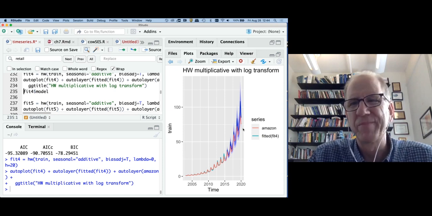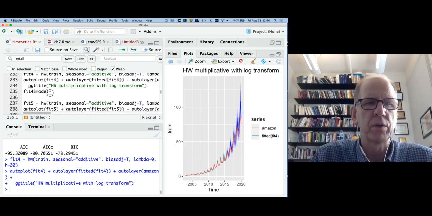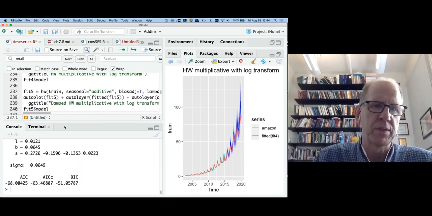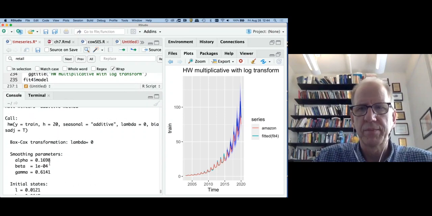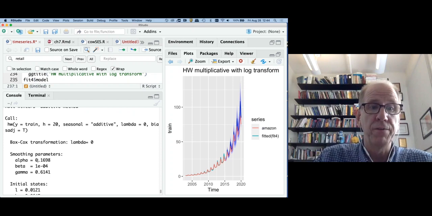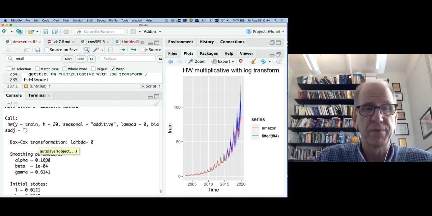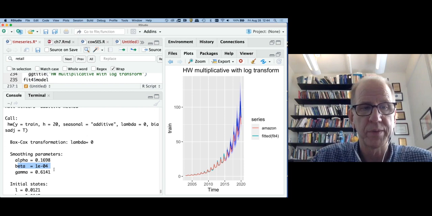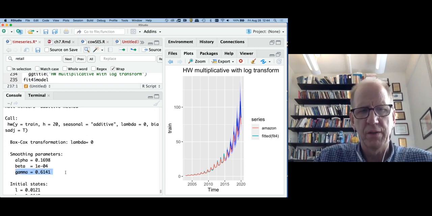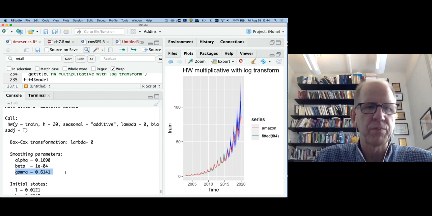Maybe it's gotten a little bit better, but I would say both models are very good. Now we can go look at our parameter estimates. I think we're getting close to a pretty good model here. What's interesting is the alpha is substantially decreased from what we saw with the retail example. We're not giving that much weight to the current observation. The slope is pretty much constant over time because we don't really need to give more weight to more recent observations. But the seasonal effects, we give quite a bit more weight to the most recent seasonal effect in this